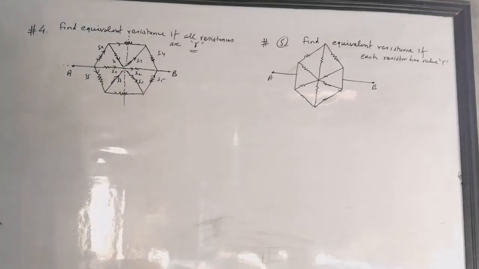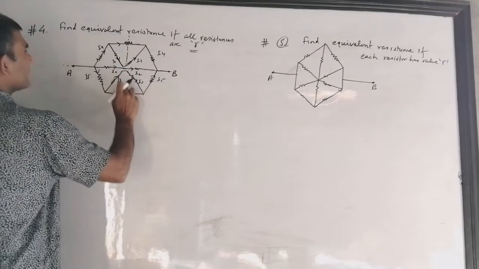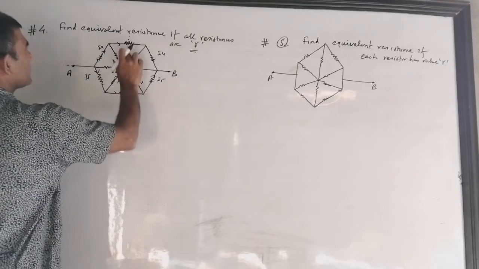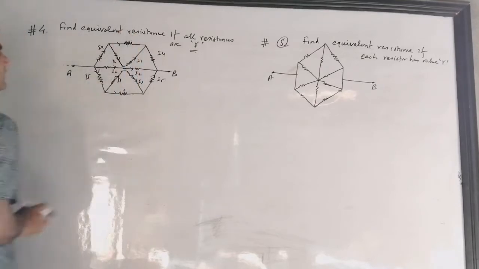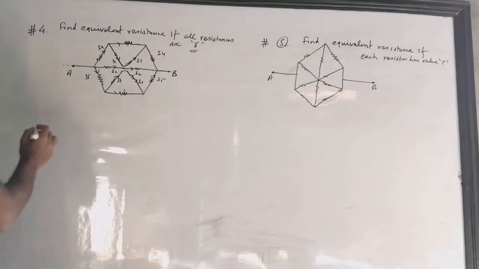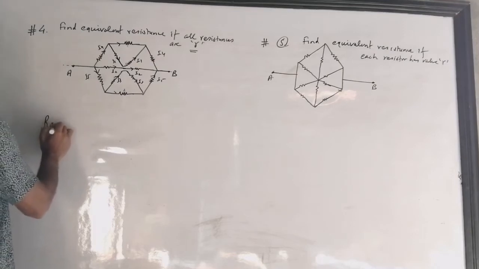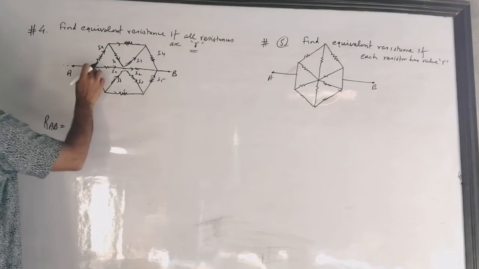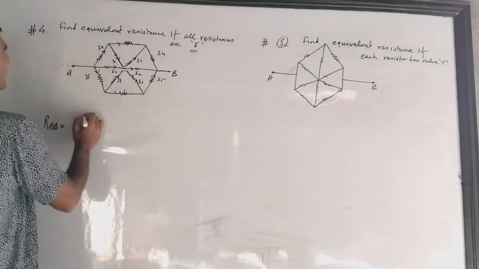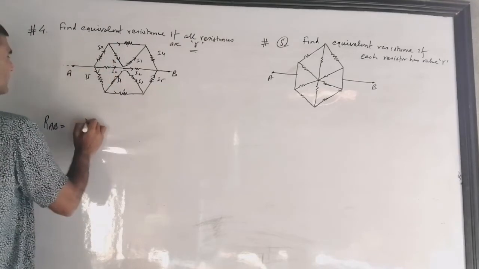Now see this. What is left with this question? Nothing. This question remains nothing more than a series and parallel combination. So how will it be solved? Let me use my technique. For RAB, I start from here, I find one branch, and so I will write that branch, this is R.